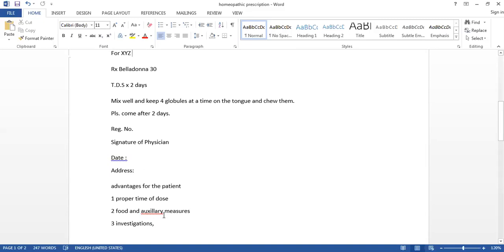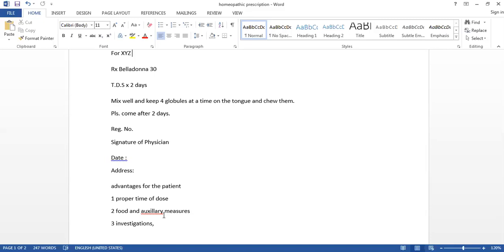So these are all the advantages of the prescription. Here in this prescription, we can use different types of vehicles. So vehicles, we can use the sugar of milk, we can use the globules, we can use the tablets, we can use cones for the solid. Liquid vehicles also we can use, that is the purified water. We can use the glycerin, olive oil or the Vaseline. So we will take one example of the solid, liquid and then that of the Vaseline.